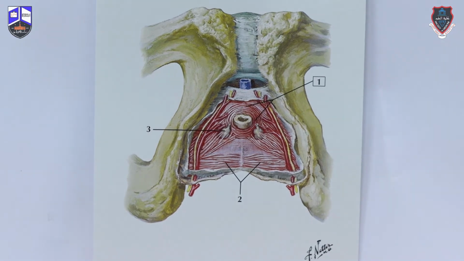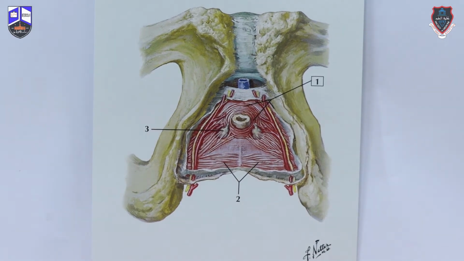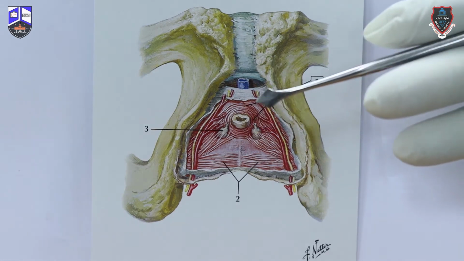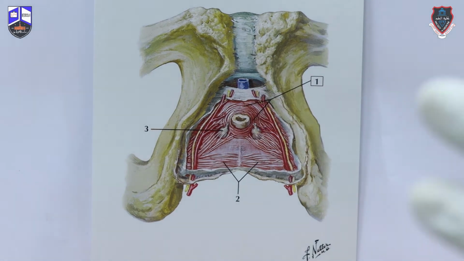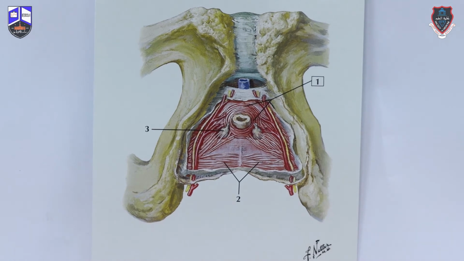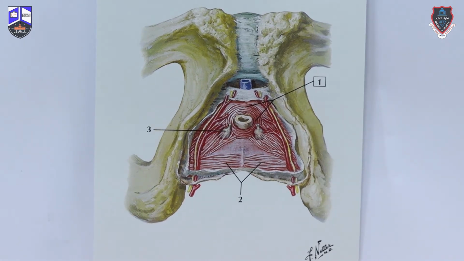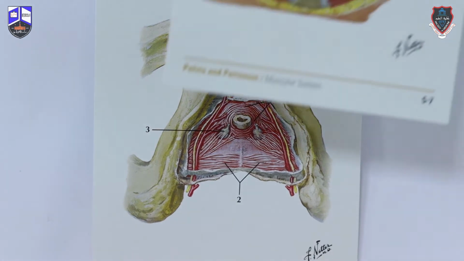Then between the superior fascia and the inferior fascia, we have a space, and this space is called the deep perineal space or the deep perineal pouch. In this view, as we remove the perineal membrane, we can visualize the contents of the deep perineal pouch. Okay, regarding the superficial perineal pouch, we can use this other